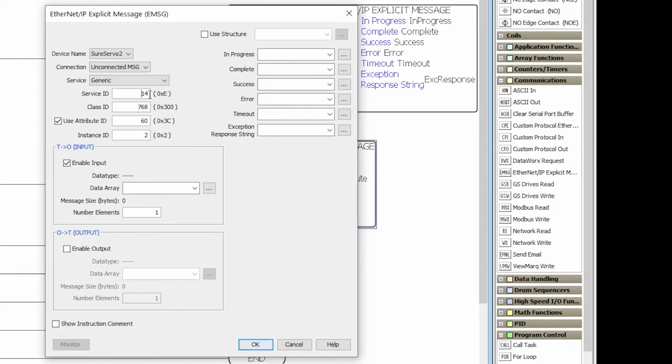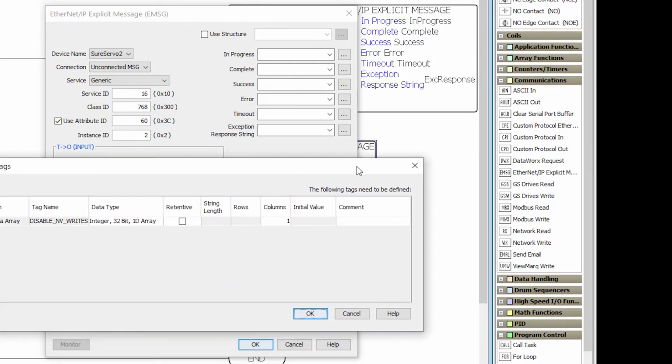And we see in the manual our write service for this class is 16. We're not doing a read, but we are doing a write to the target drive. We want to write a 5, which we'll put in a tag called DISABLE_NON_VOLATILE_WRITES. I like to use all caps for constants to remind me that value should never change.